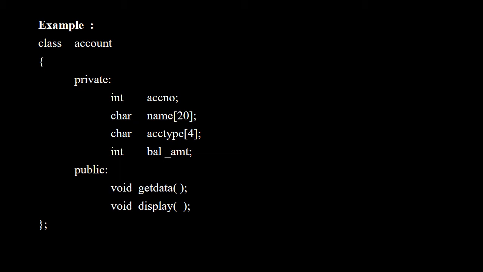You can see that in this example we have used only two access specifiers, private and public, and only data members are defined in the private access specifier and member functions are defined in the public access specifier. This is what I told you. It is not necessary to use all the access specifiers in a class, and even data members and member functions are not mandatory in each access specifier. When we define a class, usually we write data members in the private access specifier and member functions in public.